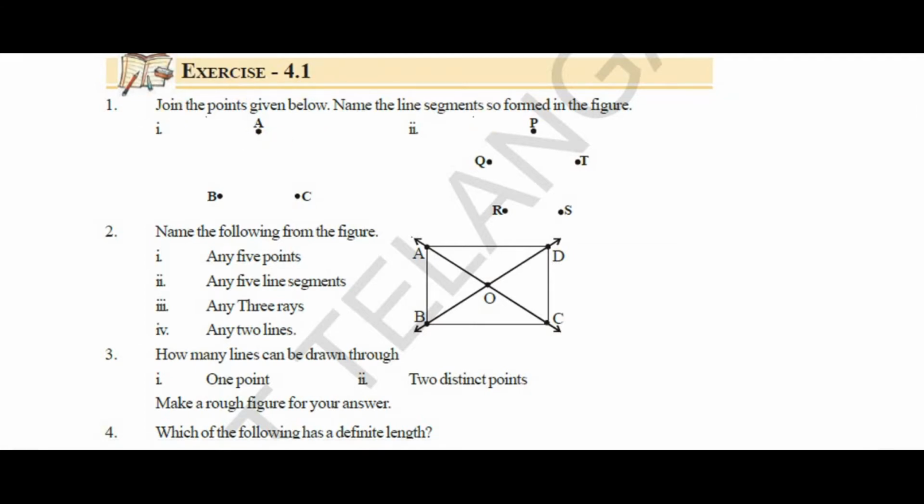What is the first question he is asking here? Join the points given below. Name the line segments so formed in the figure. Means you should join these line segments and you should say what the line segments are that you can form here. Okay, so we will try to form the line segments now,